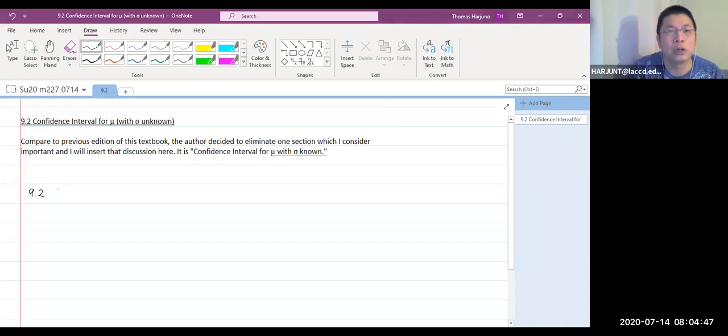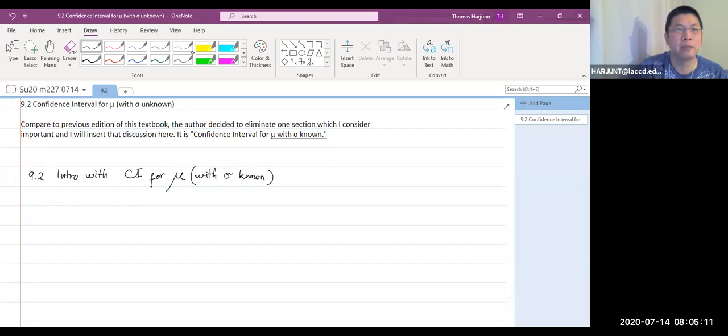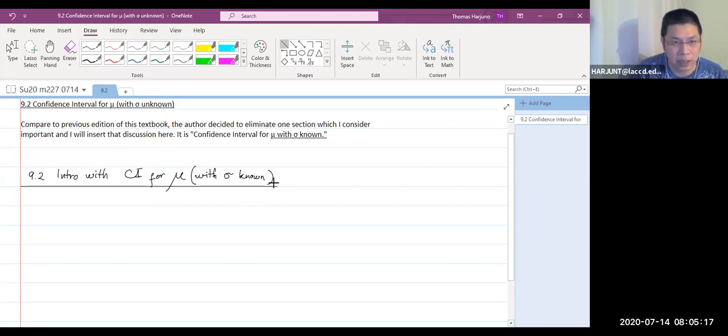9.2 intro with confidence interval for population mu with population standard deviation known. Okay, now here's the template. When you do a confidence interval problem in my test, you need to use this procedure exactly like this. Okay, the template is